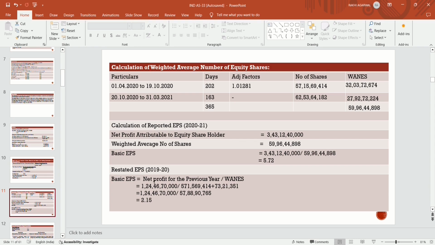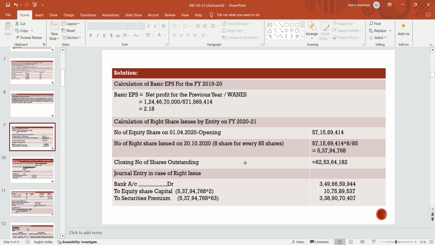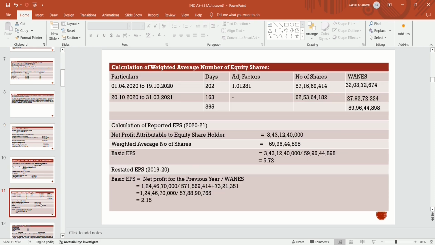Adjustment factor is nil because on that no adjustment factor is applied. Number of shares, as we had calculated here in the note, number of shares opening plus number of right issues, total number of shares is 62 crores 53 lakh 64,182 into 163 divided by 365, so it becomes 27 crores 92 lakhs